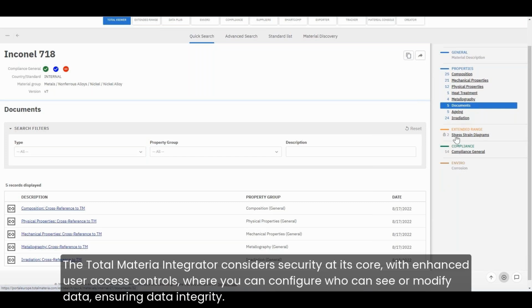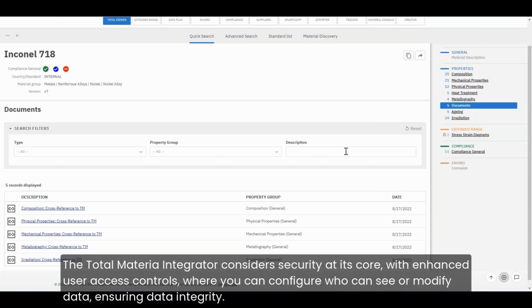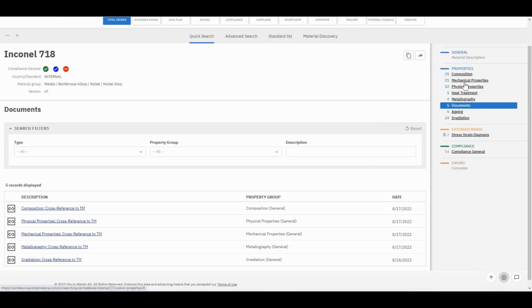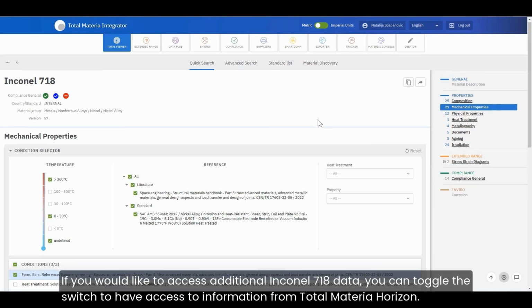As you can see, this user doesn't have access to the extended range. If you're a simulation engineer, of course, you need stress strain diagrams too, so you would be able to access this material.